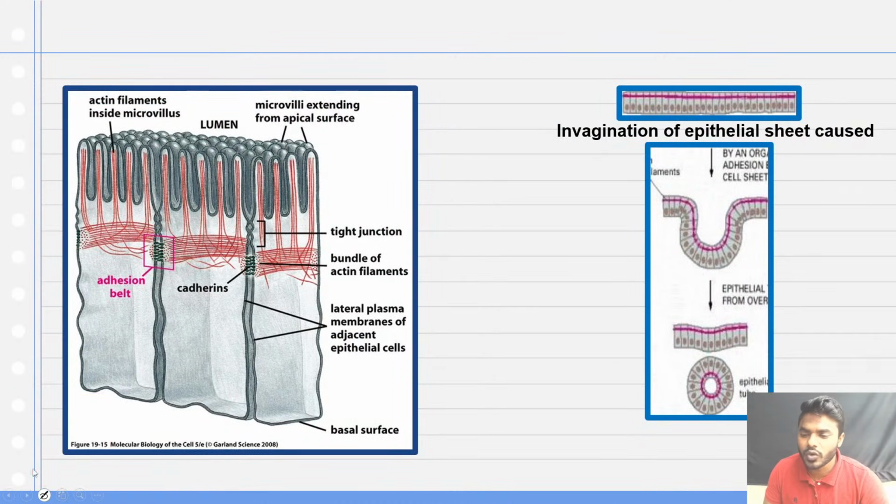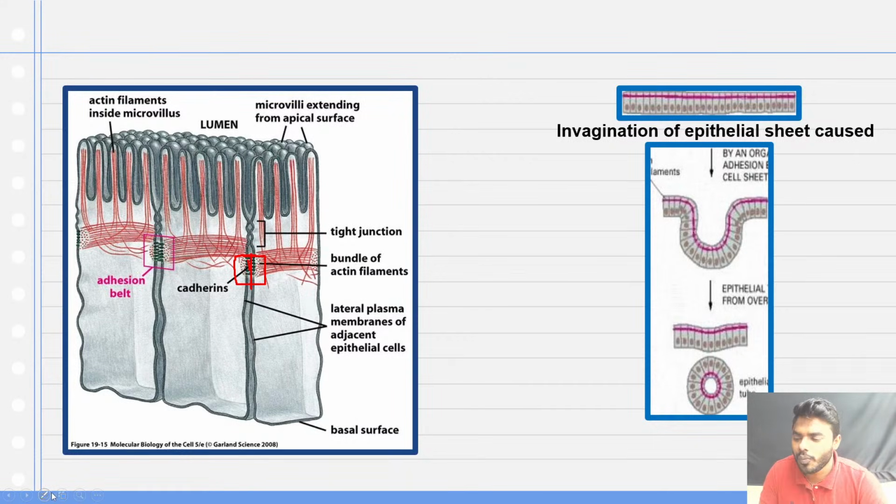And friends, I want you to look into this beautiful diagram. This is the cadherin. You can see this is one cell, this is the other cell, and two cadherin molecules are associated in between. This is the area where the movement of molecules occurs, and this entire area, what do we call it? This entire area we can call an anchoring junction. Majorly they contain transmembrane domains of the cadherin molecules.